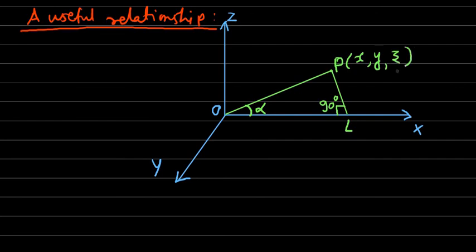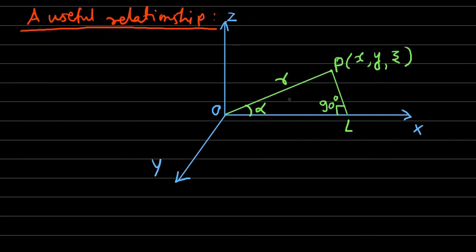Okay, this is the point P. Then we have to obtain a relationship that x equal to LR, y equal to MR, z equal to NR, where L, M, N are the direction cosines of the line OP and R is the length of the segment OP. Okay, length of the segment OP is given as R.